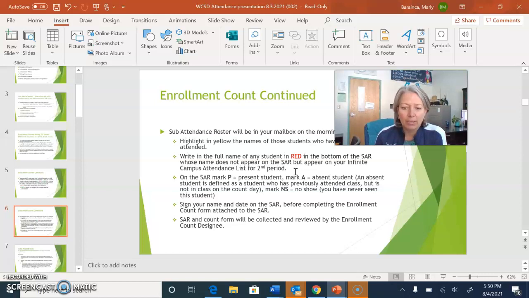At the top, I'd like you to put the number of present, the number of absent, and